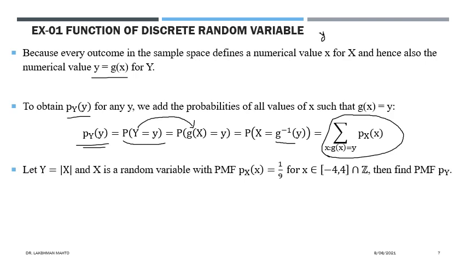Now we are taking one example. Suppose we have a random variable X with uniform probability mass function 1 by n. That means X takes 9 values, starting from -4 and going up to 4. So X is integer distributed, observing values -4, -3, -2, -1, 0, symmetric about the origin, up to 4. Each one is equally likely, so 1 by 9 is the probability here.